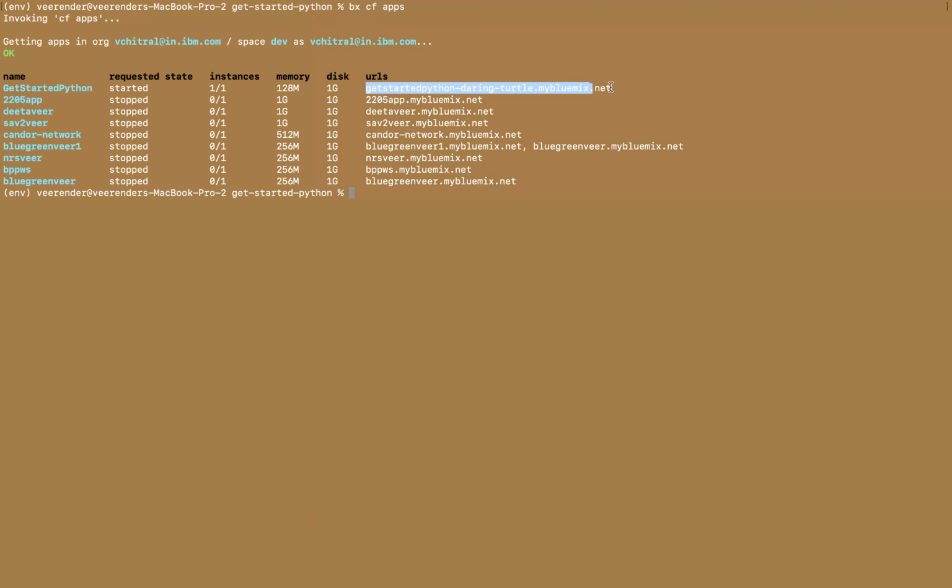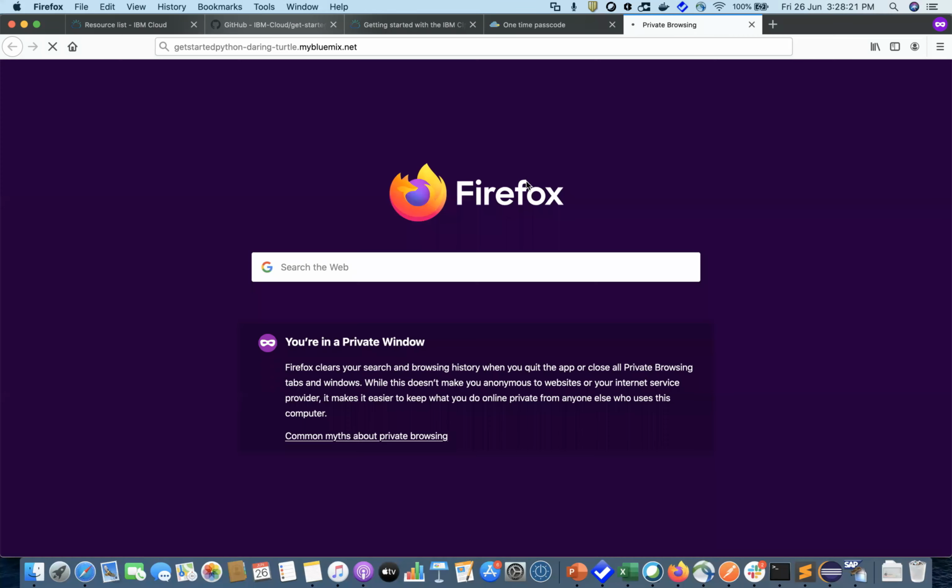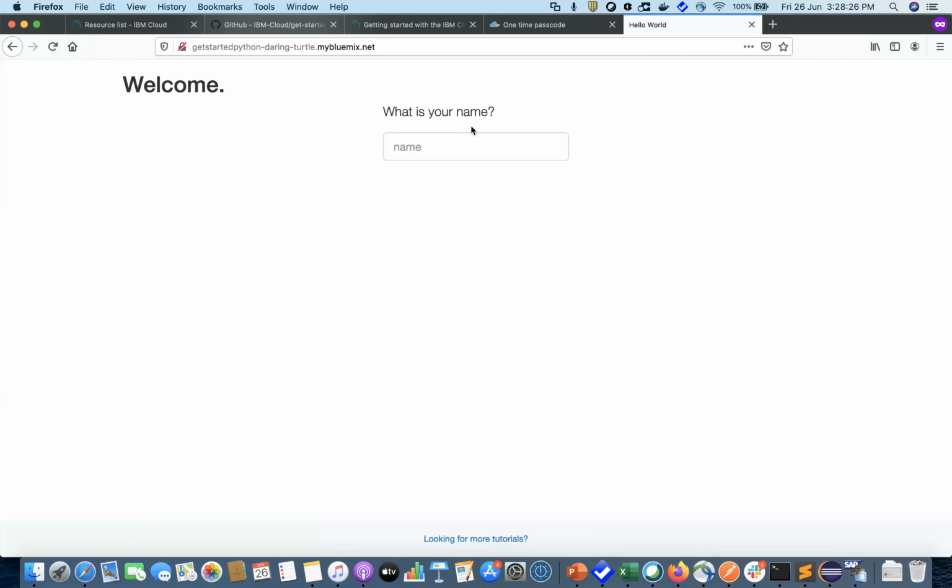If I hit this URL, it should display the same thing the app was showing when you launched it locally, right? See, this is what it shows me. I'll quickly share this link with you in this channel.